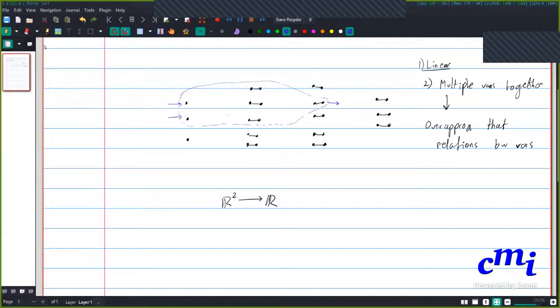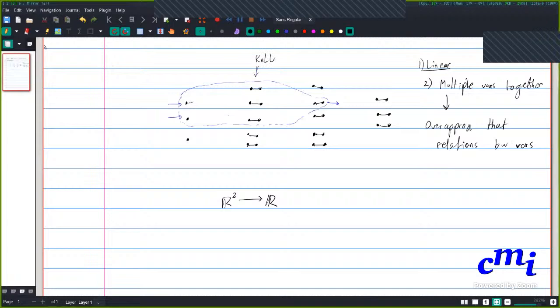Diganta, one question. Why do you have these 2 dots connected with an edge? So this is before and after the ReLU. That's all. Okay. Yeah, it's just the value. Okay, fine.